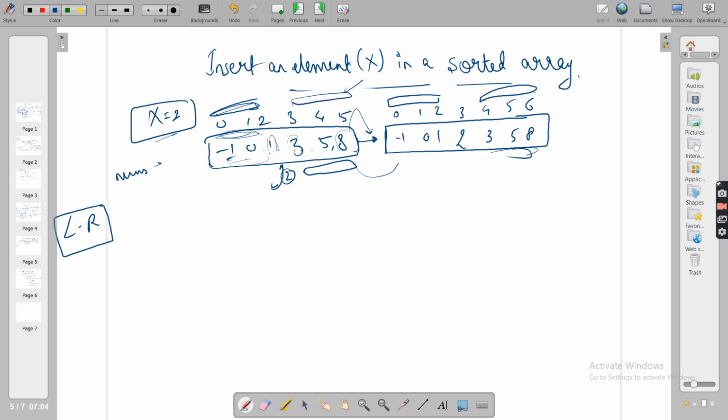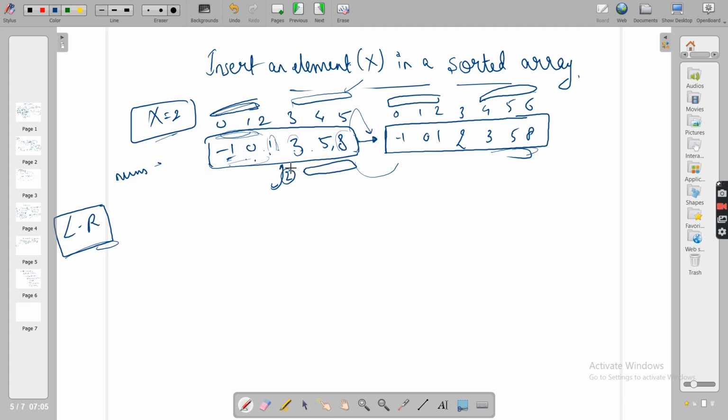So what I say, guys, if you are going from left to right, you are doing some unnecessary comparisons that you can avoid. What I mean by that: -1 was lesser than 2, 0 was lesser than 2, 1 was lesser than 2, and then 3 was greater than 2, 5 was greater than 2, 8 was greater than 2.